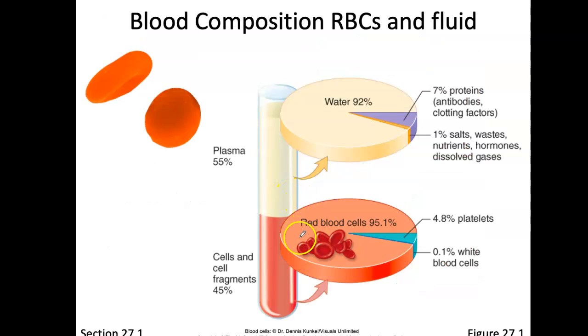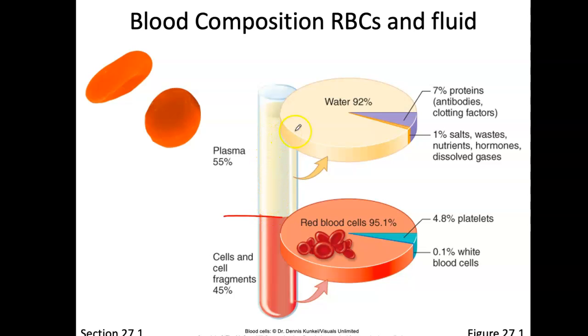Okay. This is a picture of the composition of blood. If you were to take a test tube, fill it up with blood, and put it in a centrifuge machine and spin it around as fast as you can, it's going to settle out all the particles that are in that sample. And so this is going to settle out what? This is where the settling is happening, and this is where all the cells are going to be, and little fragments of cells. And what's left up at the top here is the plasma, which is a very transparent, watery-like substance,